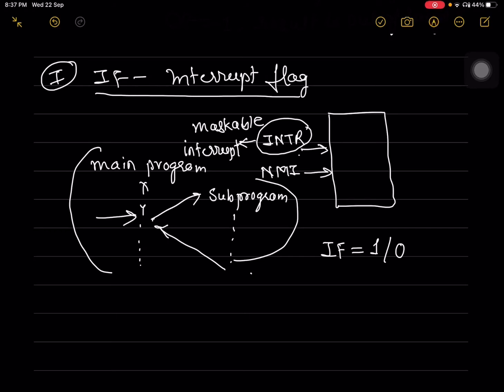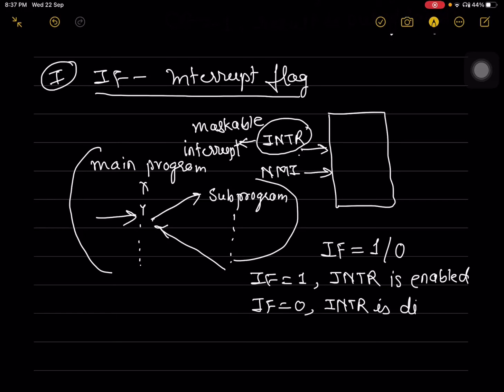If the value of interrupt flag is made 1, then INTR interrupt of the microprocessor will be enabled. Enabled means if any interrupt occurs on this particular pin, then processor will be interrupted, and if interrupt flag is 0, then INTR is disabled or it is masked.